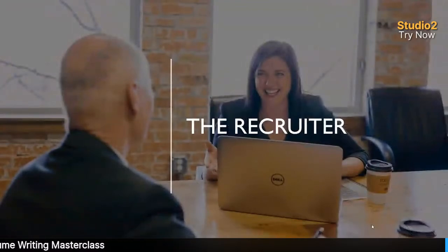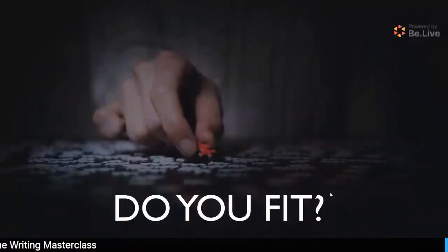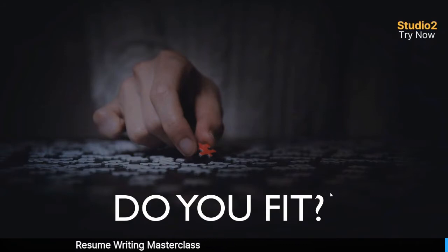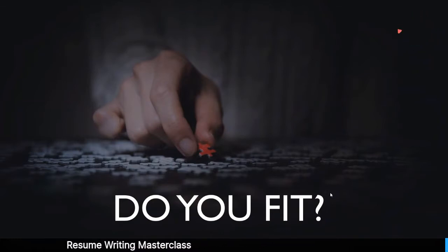The next audience member is the recruiter, right? So ding, ding, ding, that's me. And the recruiter is asking one thing. They want to know, do you fit? The recruiter has a job description or a list of traits that they're looking for, what the hiring manager has told them, or maybe they're just reading a job description, right? But whatever that might be, the only thing the recruiter wants is to say, at a minimum, do you